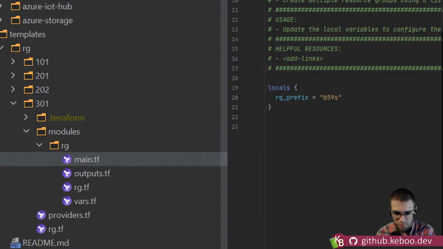With the foreshadowing probably of, if you have a project and you're doing modules, you're probably gonna have multiple of them, right? Like here we have RG, like you were just talking about, maybe we'd have VNet and we would have VM, right? And we would call those modules. So our folder out here is at the level of quote unquote 301 there, right? We would be calling out those modules to create something using the module.